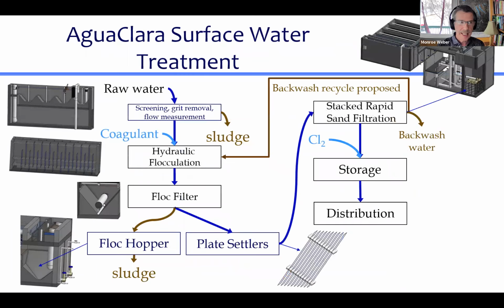So here's an AguaClara plant. We bring raw water in, we do the same things in the entrance tank. And then we currently don't think that rapid mix has any significant role, and so we're not including it in our design, and we're going straight to hydraulic flocculation instead of mechanical flocculation. And you are now becoming experts on hydraulic flocculation. And then there's a new process,